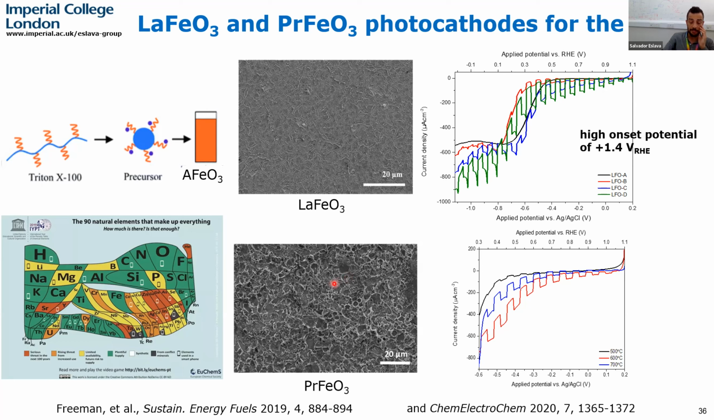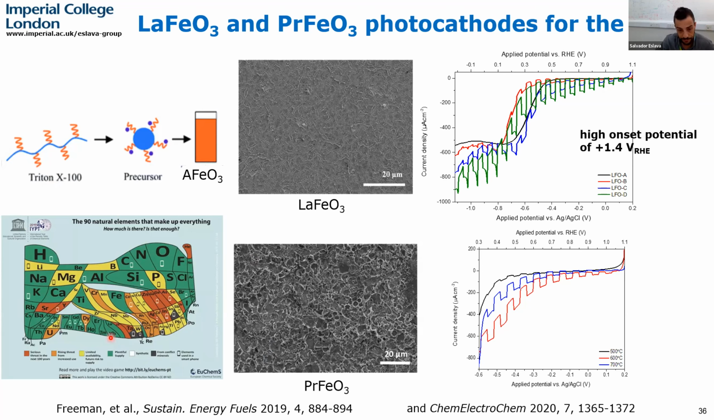We also demonstrated that praseodymium ferrite can be prepared, and it is itself a photocathode for oxygen reduction or hydrogen evolution. I was not familiar at that time with praseodymium, but apparently it's an abundant material. It's in the green area of abundant materials, and it's actually very used in mobile phones. So that's all. So we conclude that we can prepare